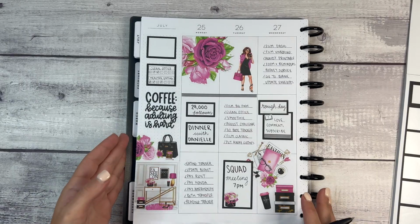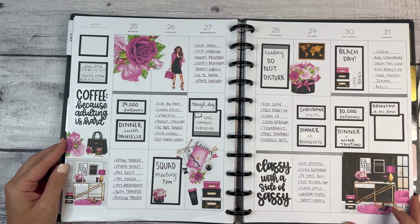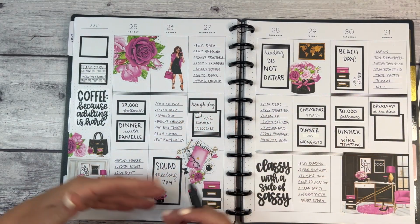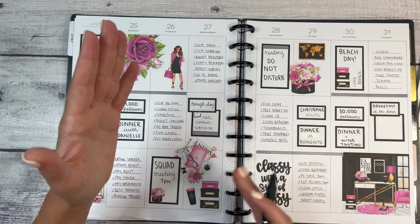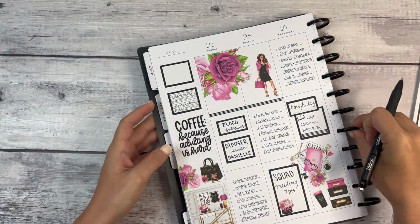I'm trying to decide what I want to put in the top left box. This week was kind of like roller coastery. I mentioned that I had a rough day on Wednesday, but then I had a great weekend. I had a great start to the week because of dinner with one of my friends and the squad meeting. So it was a little bit of a roller coaster kind of week for me. So I think that overall,